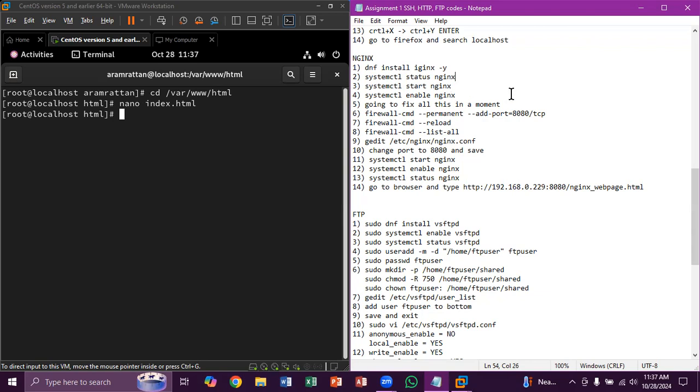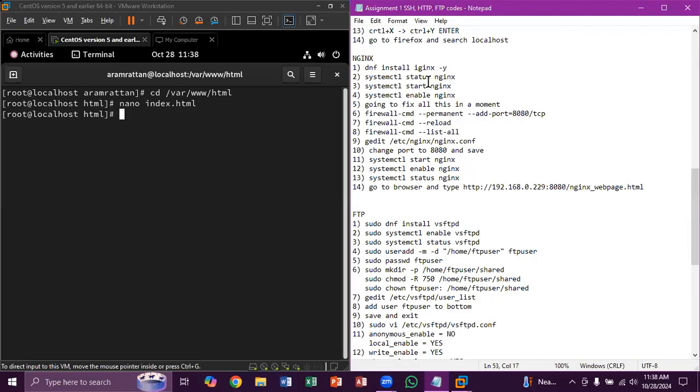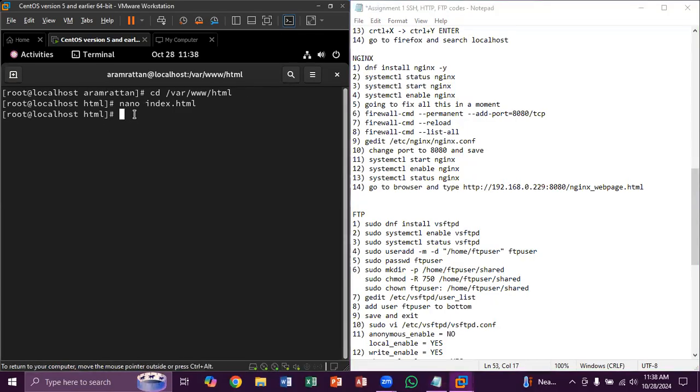It won't work. So to fix all this, I run these firewall commands. Then I run this command here, this config for nginx. So if you go to that edit file,